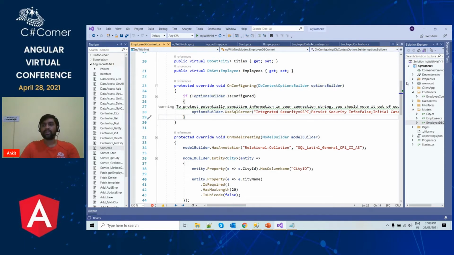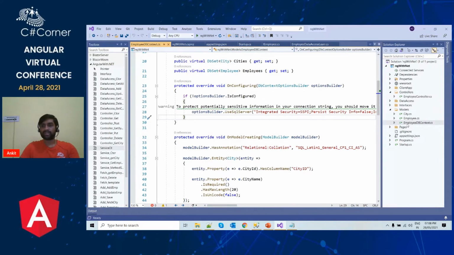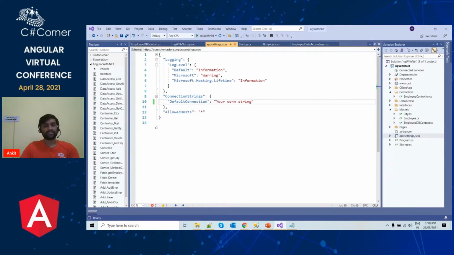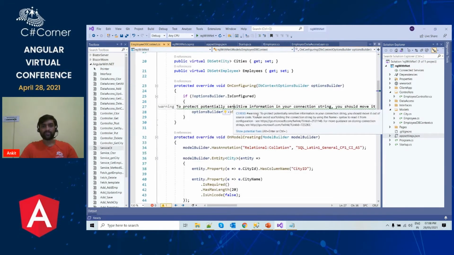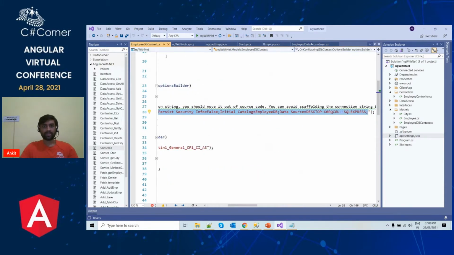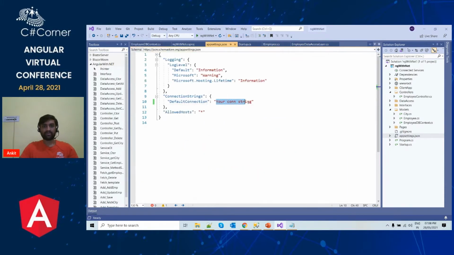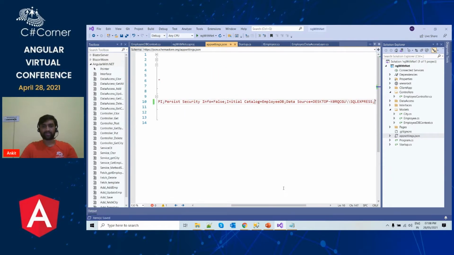That is the question. The best place to put your connection string is inside the appsettings.json file. Inside the appsettings.json file, I have already created a JSON structure. ConnectionStrings is the key, and the sub key is called DefaultConnection. So what we are going to do is copy this connection string from here, and then put it inside our appsettings.json file.